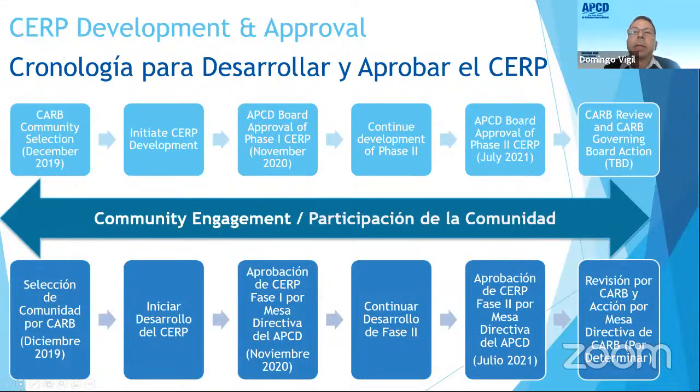After November of last year, APCD staff continued working with the Community Steering Committee to finalize phase 2, which is our current stage, for which we are soliciting public comment to finalize the CERP. A final proposed CERP will be presented to the APCD board for approval in July. Upon approval from the APCD board, the last step of this timeline is presenting the finalized CERP to the California Air Resources Board for approval. Throughout this process, APCD has worked to engage the community through regular community meetings, workshops, as well as email, printed, and social media outreach. Next slide, please.